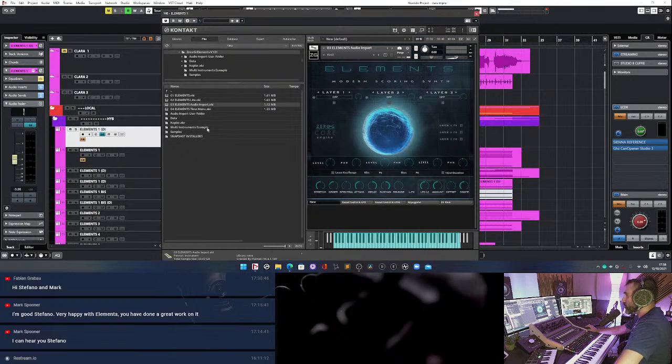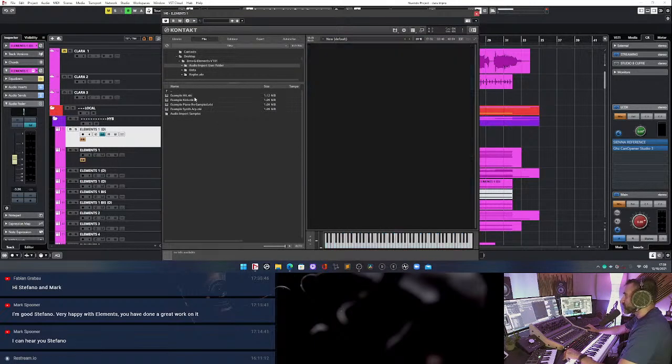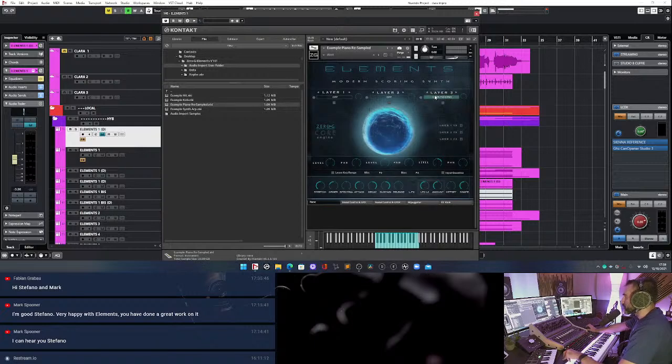For example, if you navigate into the audio import user folder, there are some examples that you can try to understand what you can do with this audio import version. For example, now I load this instrument here, and in audio import version, the layer 3 is the user layer, where you can drag and drop